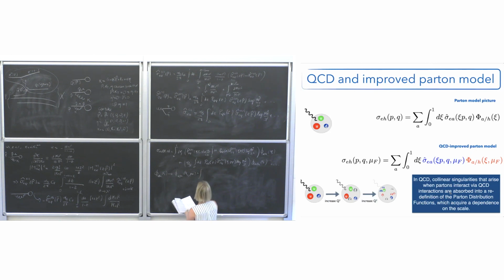And it is equal to, again, here I had to do some trick, but anyway, the integral between xi and 1 dy over y of phi of q H, the original one, times a delta function of 1 minus xi over y, plus alpha s over 2 pi P_qq of xi over y and the log, plus phi of g H of y, alpha s over 2 pi P_qg of xi over y, log of mu_F